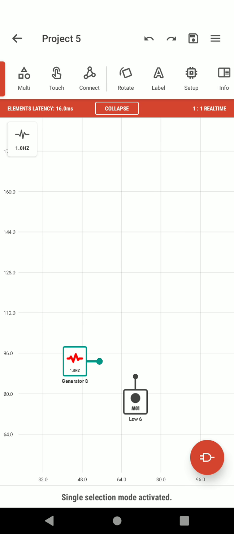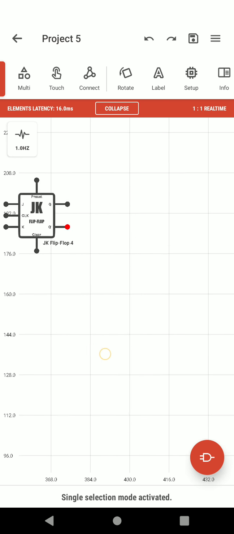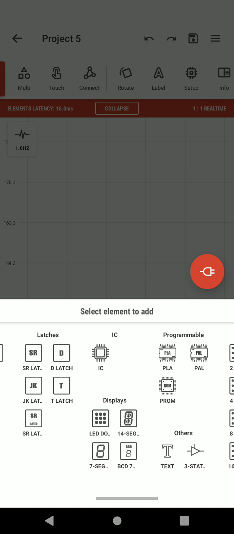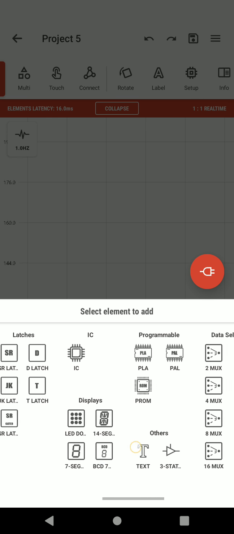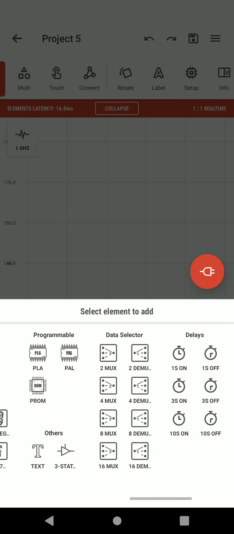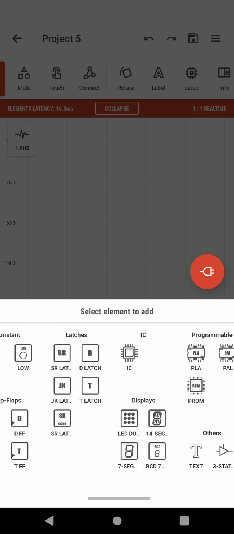So we have selected these elements, and next thing what we have to select is hexadecimal display. So this end we are having hexadecimal, but before that binary coded decimal. So here the displays. So where are the 7 segment displays? So here is the BCD. So first we need to select BCD.